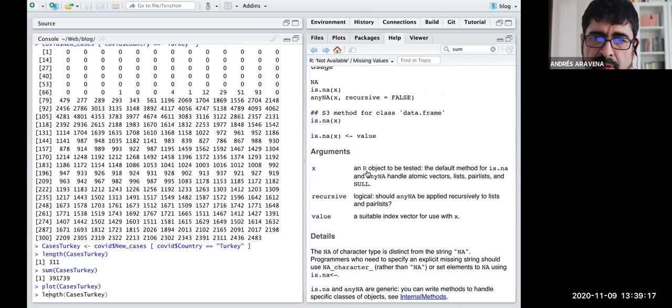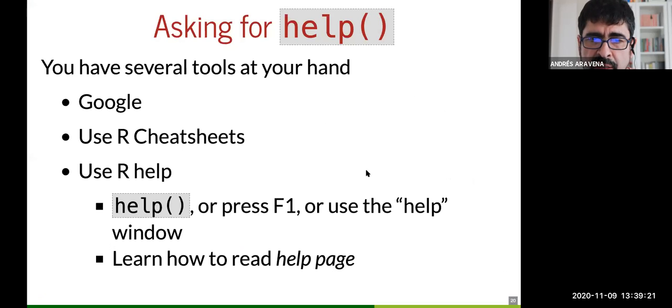But going back to the bottom line of this, what we wanted to say is that you need to remember that you have help. In other words, you don't need to know everything. You don't need to remember anything here. Maybe you need to remember the name of the command, but you don't need to remember the details of the command. Just remember the keywords, sum, plot, length, something like that. And then when you want to know more,